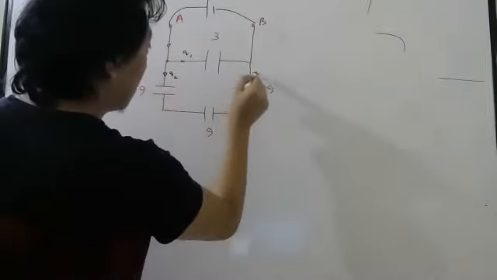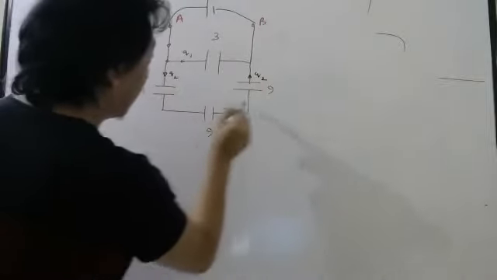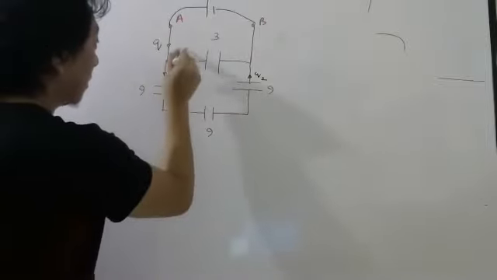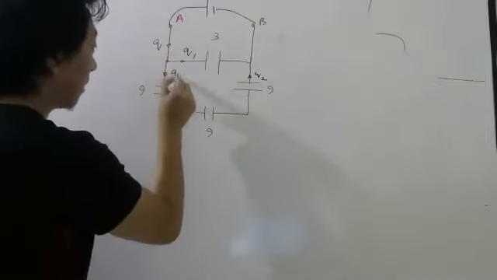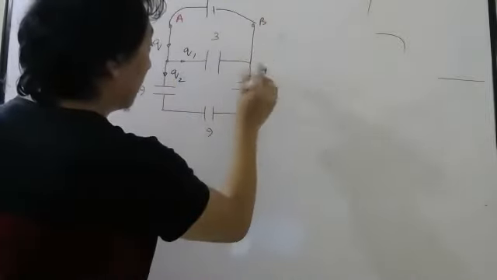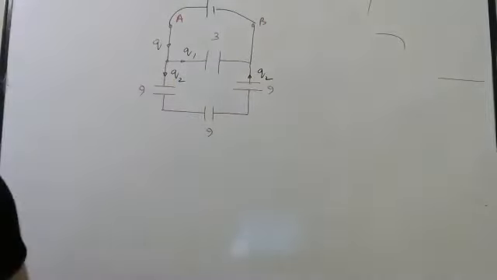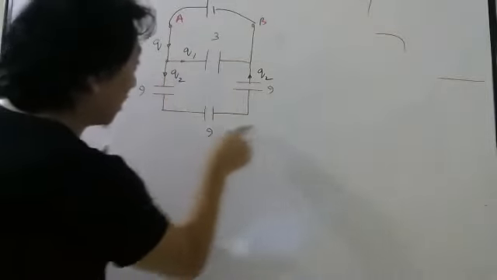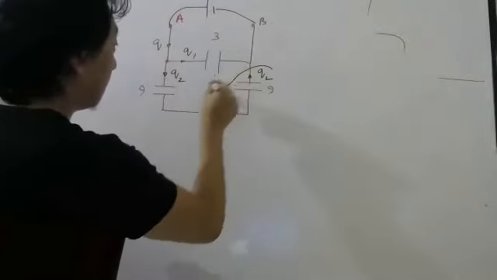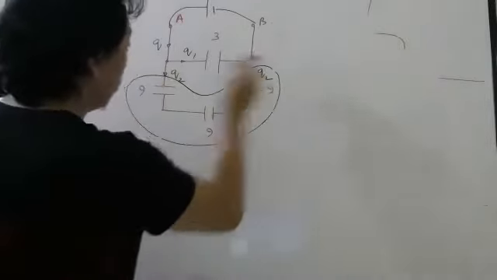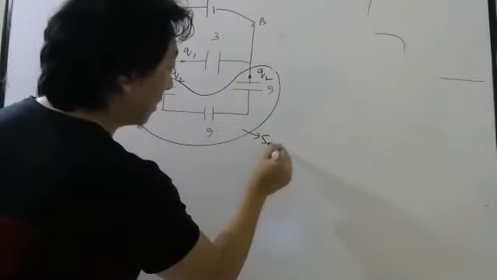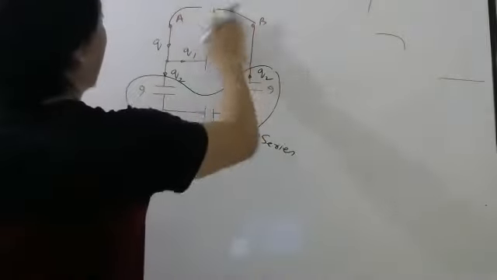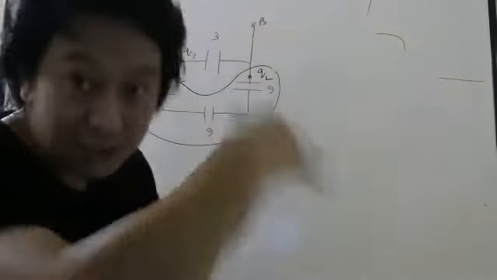See, why? Because this Q2 will not divide, students. Whatever total charge comes, some will go here, some will go here, but this Q2 will not divide. That means it is very important to understand that if you put a battery here, this is how the charges will flow. That means these three, since they will have the same charge, no junction, these three will be in series. Understood? So now forget the battery. The battery was just drawn to know how the charges will flow.